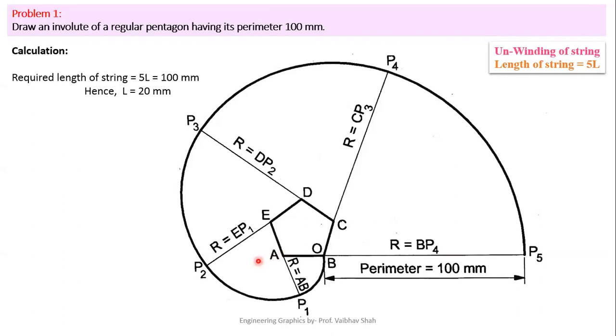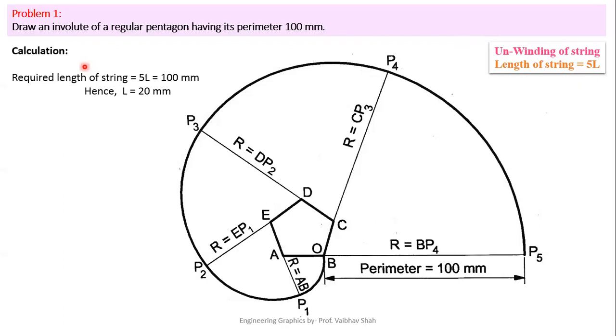In other words, if we want to find the actual value of the perimeter, let us define the equation for the perimeter. The perimeter of the pentagon is nothing but the summation of each of its sides. Let us suppose each of the sides of the pentagon is of the same length L, then we can say L plus L plus L plus L plus L. Here we are adding up L five times because we have a total of 5 sides in a pentagon. That's why 5 multiplied by L is the perimeter of the pentagon.